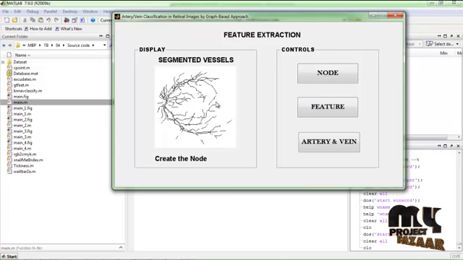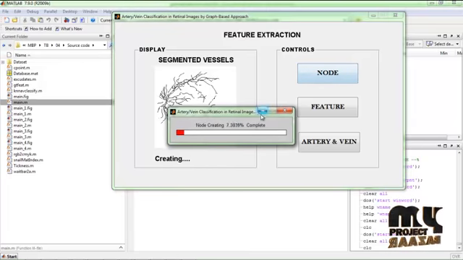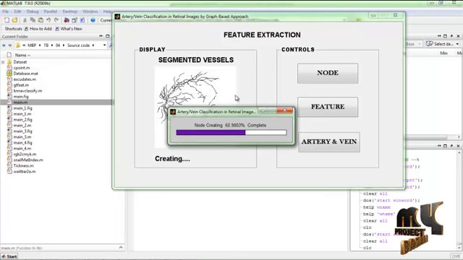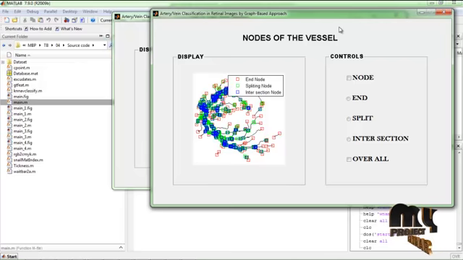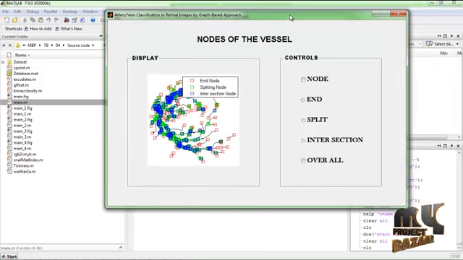Now we create nodes to classify whether each vessel is an artery or a vein. First the nodes are created for classification purposes. After the node creation, all types of nodes are shown here: the end node, the splitting node and the intersection node.